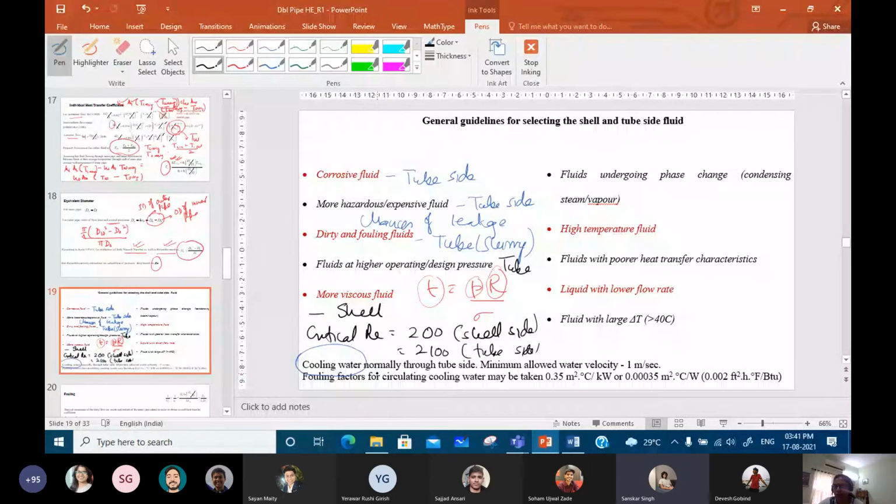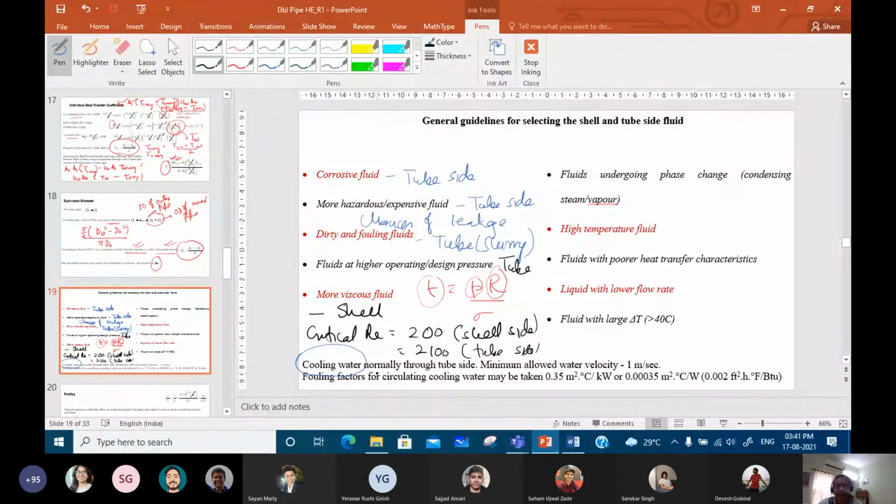There's a specific reason. See, this is specifically for shell and tube heat exchangers. If you go to shell and tube heat exchangers, you will find that we provide baffles there to enhance the turbulence. And since the shell side fluid has to flow across tubes and over baffles, naturally the critical Reynolds number to attain turbulent flow is much lower in the shell and tube exchanger. Any other questions?